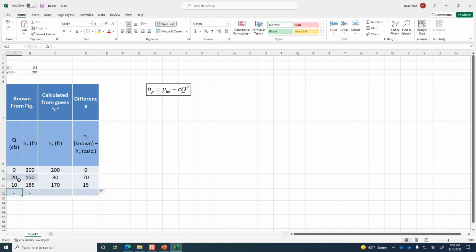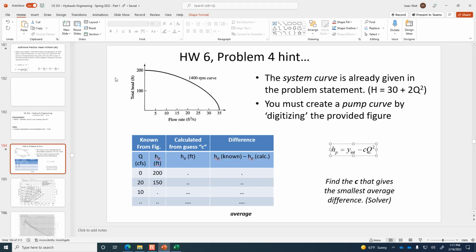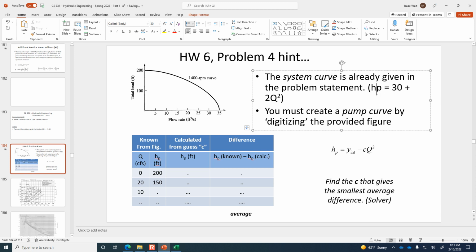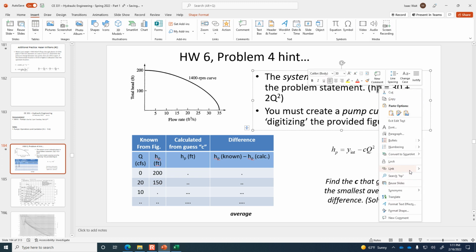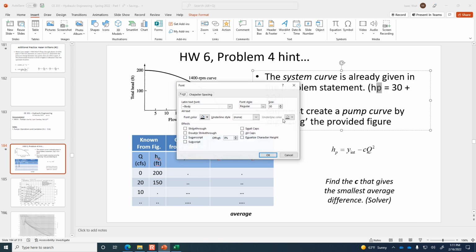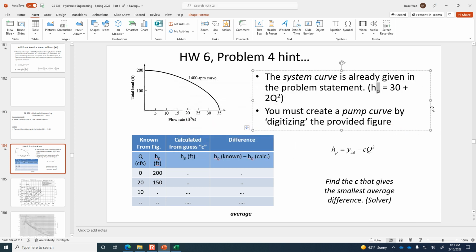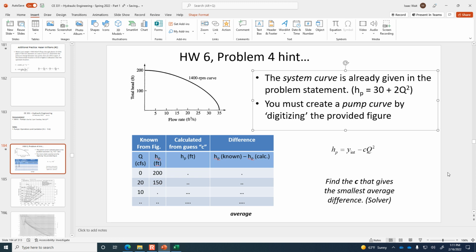I do this for lots of different flow rates, 5, 10, 15, 20, and so on. And then I have this average difference. What I want to do is find the C value that gives me the smallest average difference. That will give me confidence that the C value I've determined is the one that actually traces this curve best. So you're given a curve, but what you need is an equation, because remember the problem-solving process here is h sub p with the system curve should be set equal to the h sub p of the pump curve, and you just don't have the pump curve